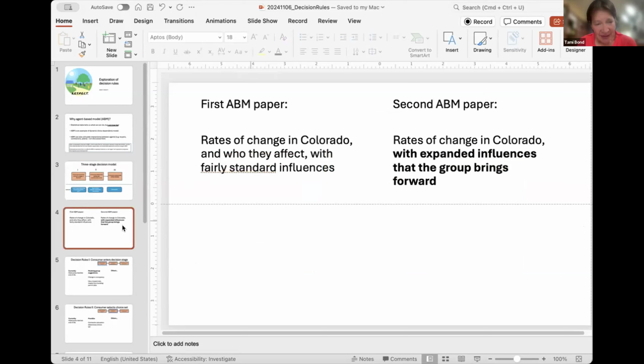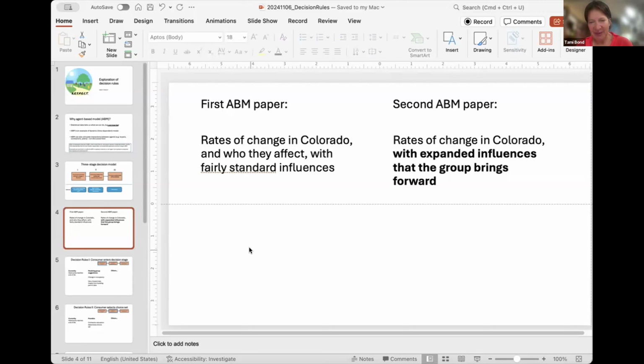Also just for context, what we're talking about today, we're hoping for Raidul to write a couple of papers in the next couple of months. The first one is just rates of change in Colorado, who's being affected, with fairly standard influences. We're not going to do anything fancy. All the stuff that we'll talk about today probably won't be in the first paper. The reason is we've been noodling around for a while. We just want to have a basic baseline paper